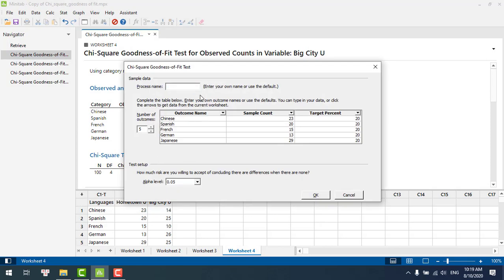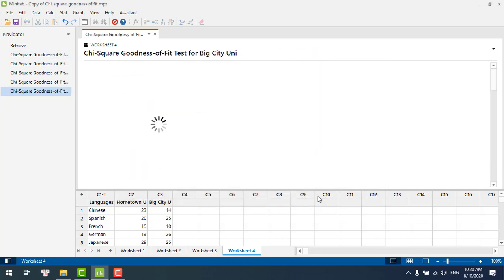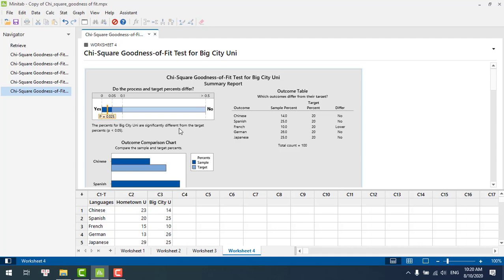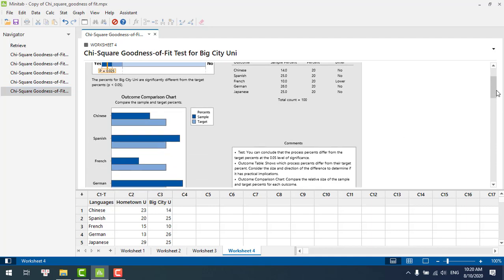So here, let's call this big city university. And what we have here then, we have the languages. And now we're going to run this for big city university. And of course we are expecting the same, so that would be 20 in each one. Run it. If you run it, then notice that it says the percents for big city university are significantly different from the target percents. Okay, so now we do get a significant difference in the distribution of languages at big city university. As you can see here,